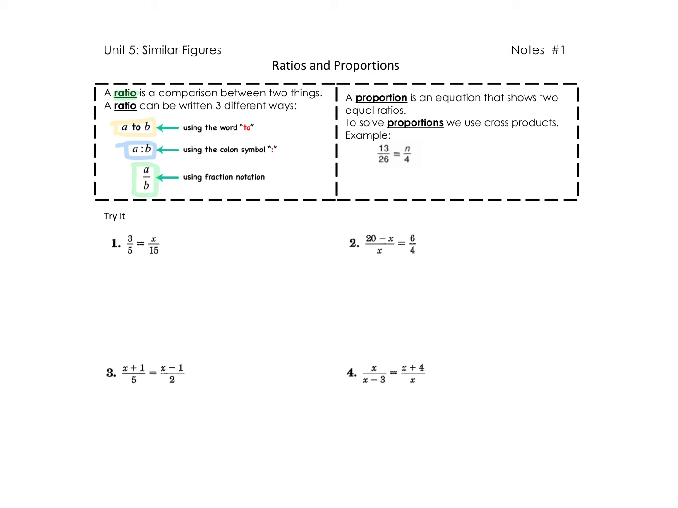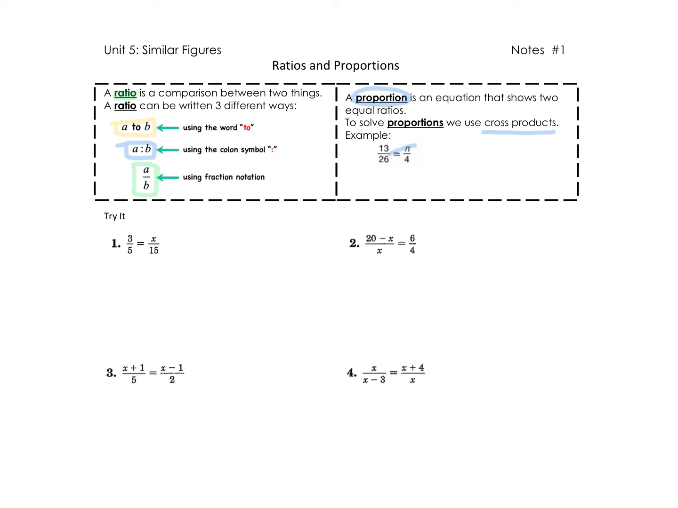A proportion is an equation that shows 2 equal ratios. So we set 2 fractions equal to each other. When we solve proportions, we use something called a cross product. You may have heard it referred to as cross multiplying, but what we do is we want to take